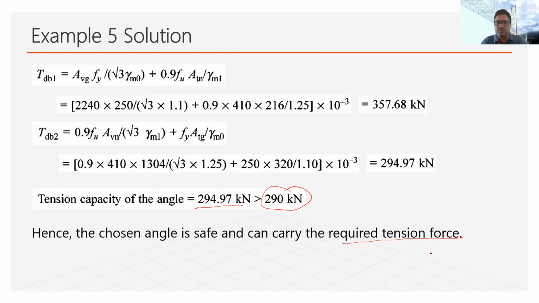So the next step is about the slenderness ratio, but we are not finding the slenderness ratio here because slenderness ratio is calculated as L by R. L is the length of tension member, R is the radius of gyration. In the problem, the L value is not given. So because the data is not sufficient in the question, we are not checking the slenderness ratio in this case. So this finishes our design problem. So we can say that angle section 90 by 90 by 8 will be safe to carry the factored tensile force.